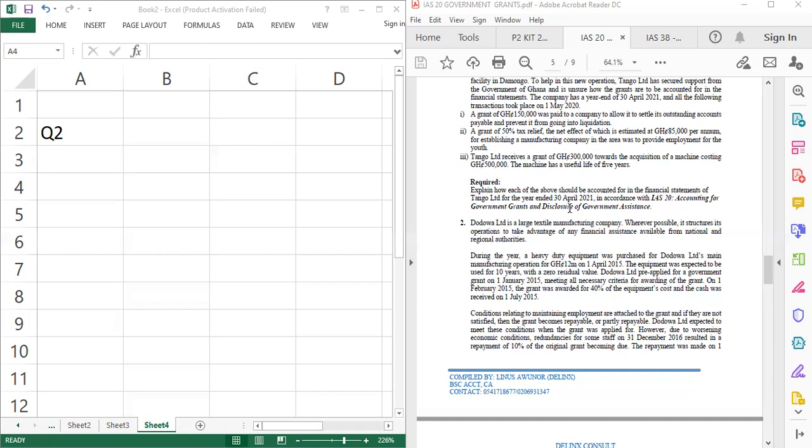On 1st February 2015, the grant was awarded for 40% of the equipment's cost, and the cash was received on 1st July 2015. Conditions relating to maintaining employment are attached to the grant, and if they are not satisfied, then the grant becomes repayable or partly repayable. Dodua Limited is expected to meet the conditions